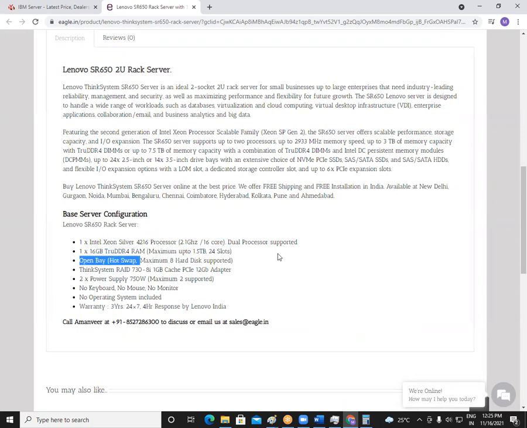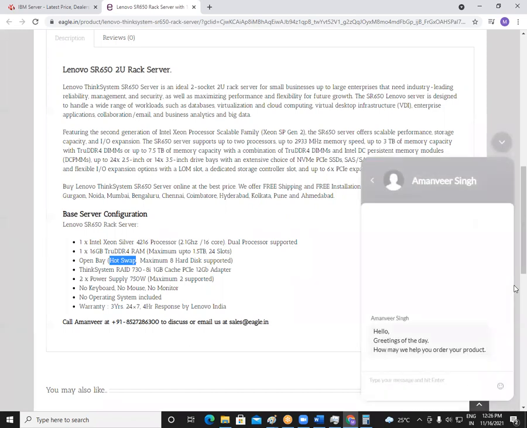8 hard disks are supported there. 8 physical hard disks we can connect. And there is an option called hot swap. It is a good option to have. This option was not visible in the other servers that we have seen. Hot swap means, when this server is running, we can simply put in a hard disk and we can remove the hard disk. That is called hot swap. No need to shut down the server to add or remove the hard disk. Hot swap is a feature using which we can add something and remove something while the server is running without getting any electrical shock.